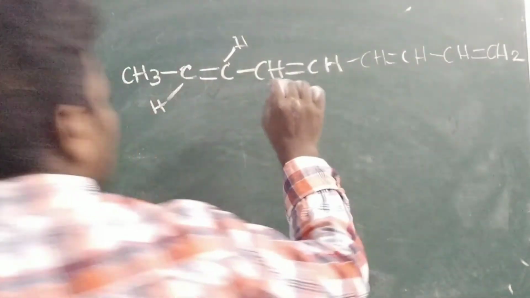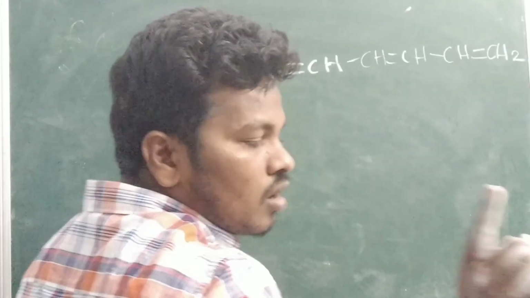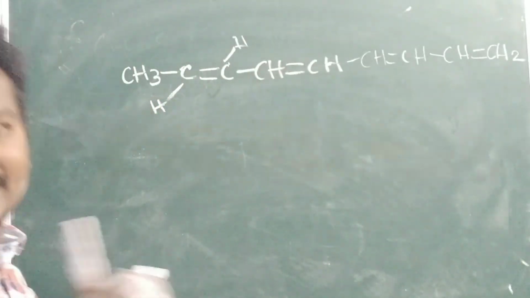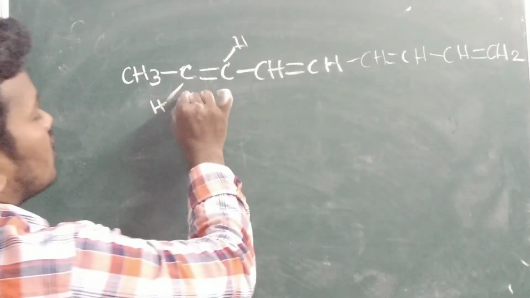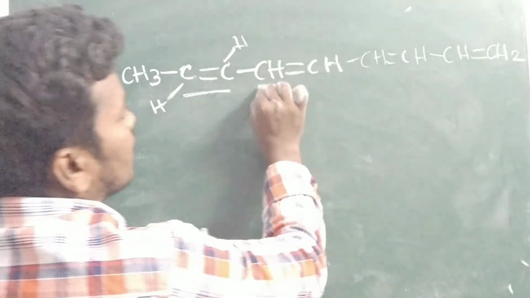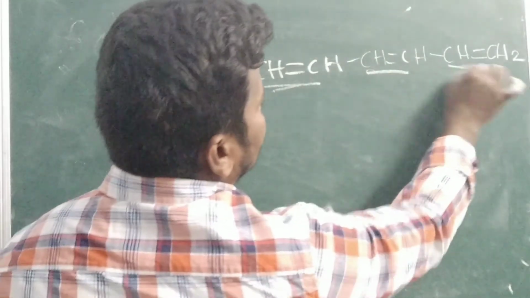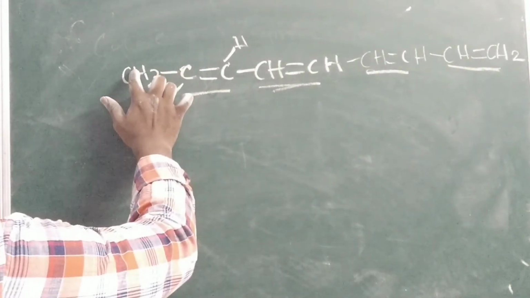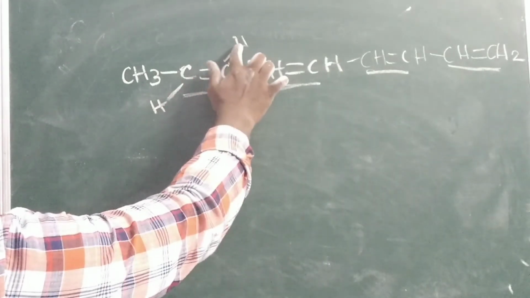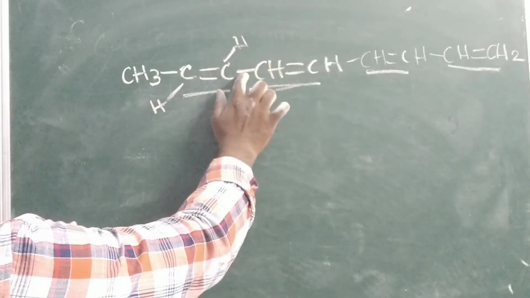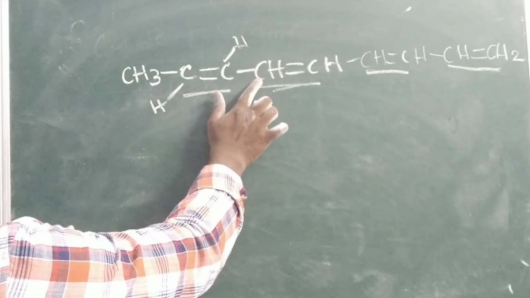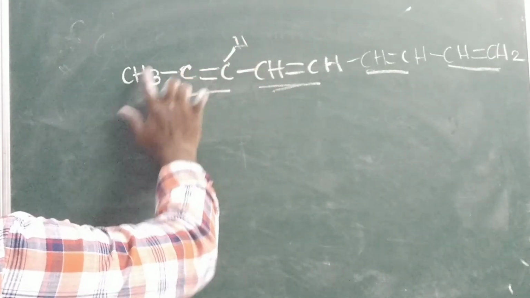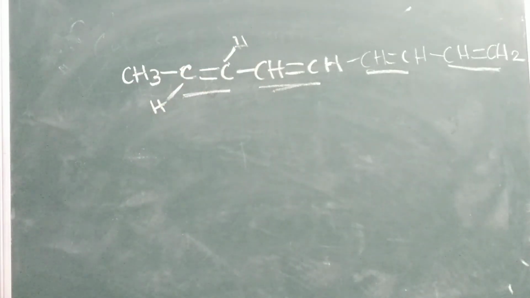So first you can see what is our condition. Restricted rotation should be there. Restricted rotation in the sense what? Double bond area. Here also double bond area. 4 double bond areas are presented. So what is our condition? Here it is CH3 is there. Here hydrogen will be there. 1 2 3 4. One with the bond with the carbon, another bond with the hydrogen. Different groups are presented. So here different groups are presented in the sense it is exhibiting.